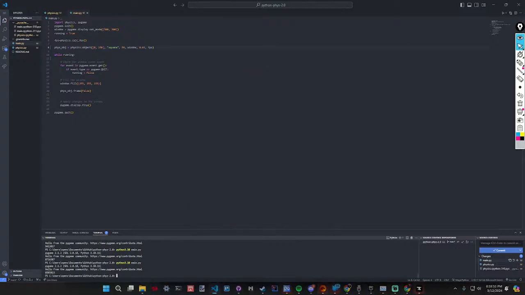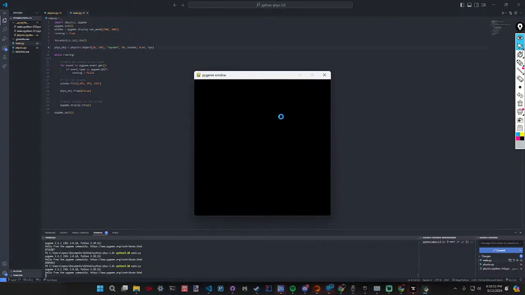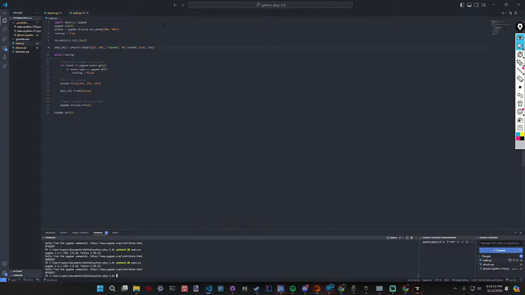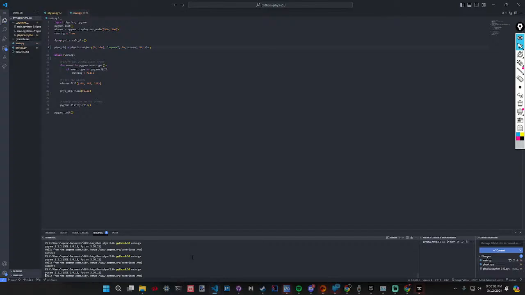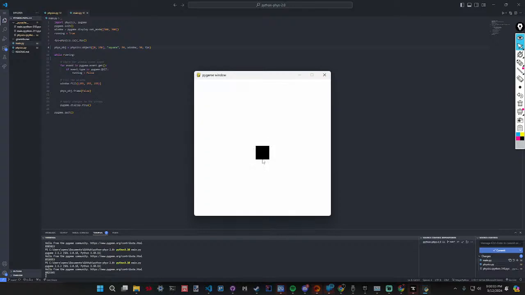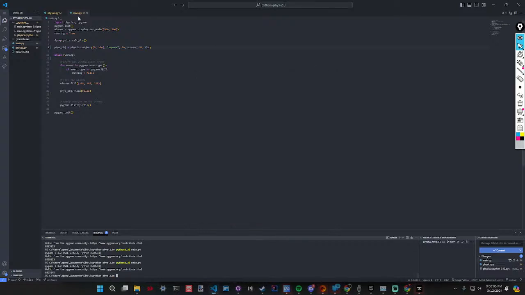Oh god, I have a sore throat. There. And now if we set our density to 50, let's try this. We should shoot to the bottom of the screen. No. No, no. Are we just reaching some terminal velocity?